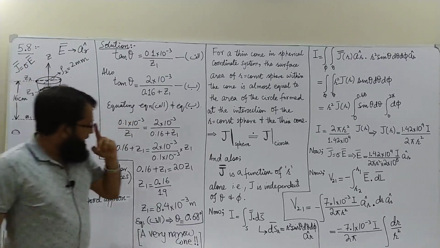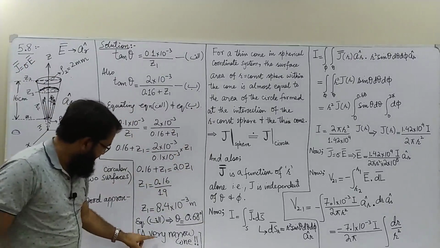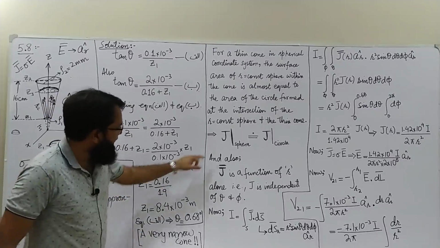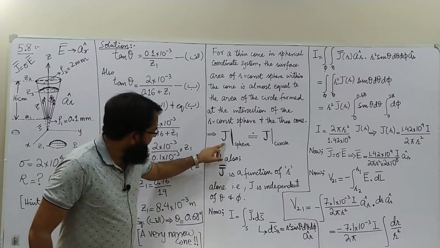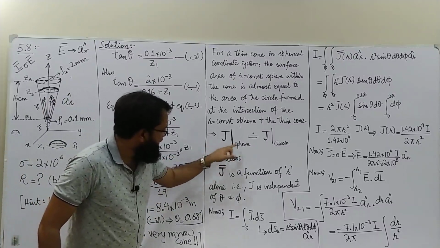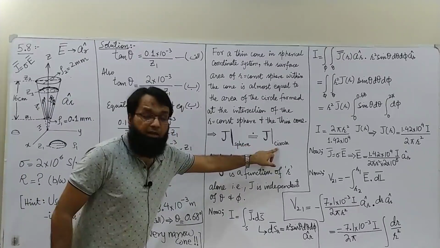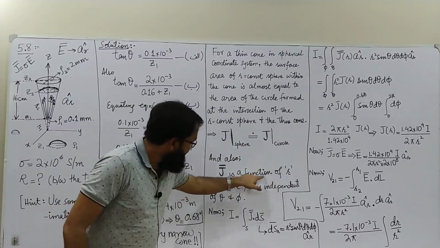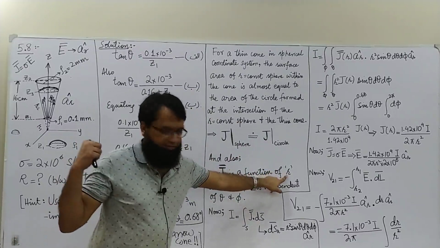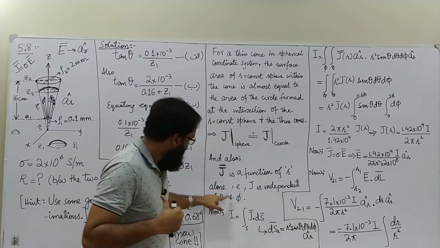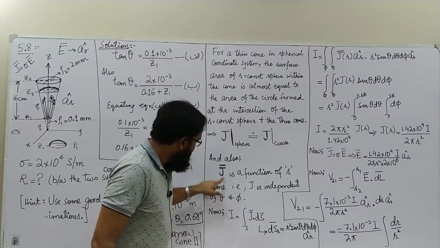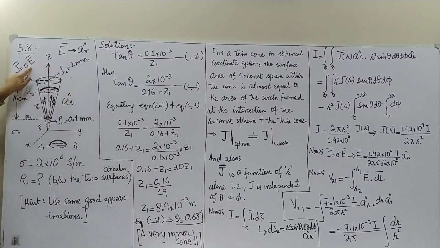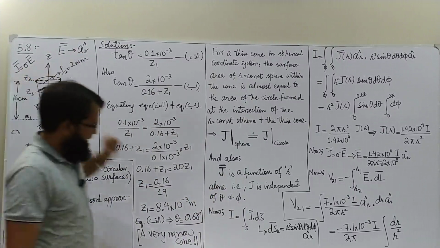So the consequence of this approximation, which is quite valid practically, is that the current density over the sphere, magnitude wise, is the same as the current density on the circle, which we have already discussed, and also that the current density is a function of R alone as just described and not depending on theta and phi, and that J has got only one component, which is AR.